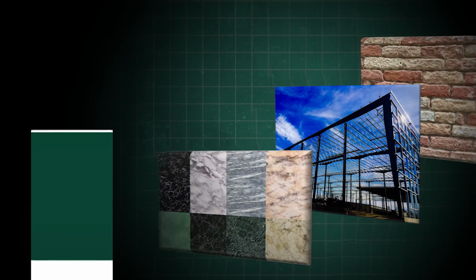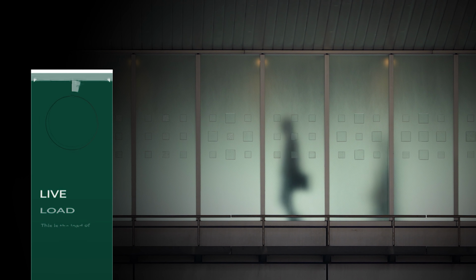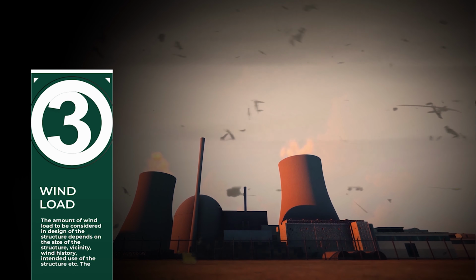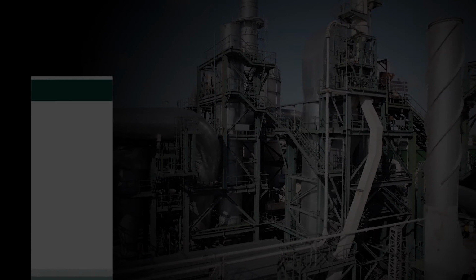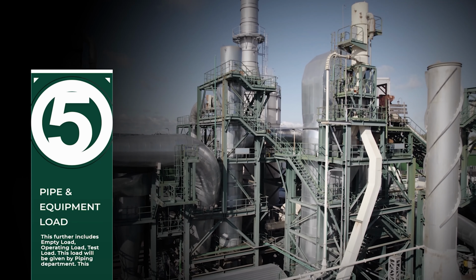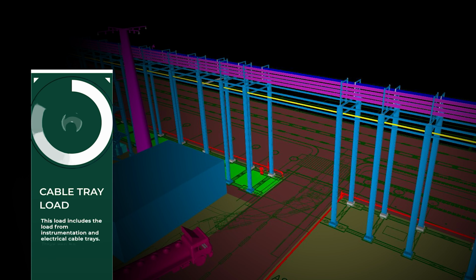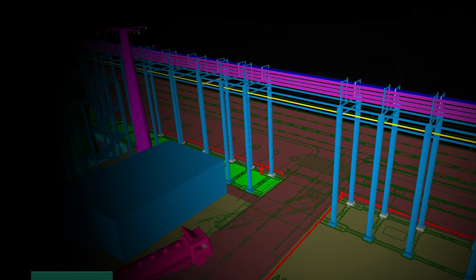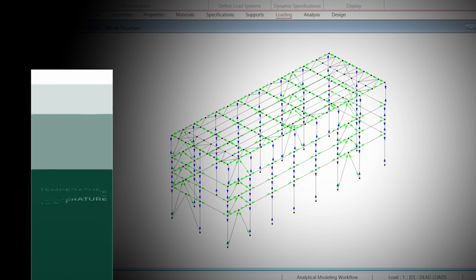To have a successful career in structural engineering and to land a decent job at an MNC, we must master industrial load calculations. Thus, we will cover dead load calculation, live load calculation, wind load on industrial structures, seismic load calculations including manual as well as software steps, pipe loads and equipment loads, which further includes empty load, operating load, test load, study of cable tray loads, consideration for contingency loads, temperature loads,